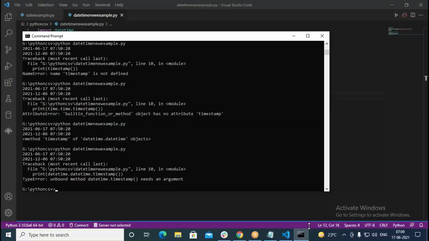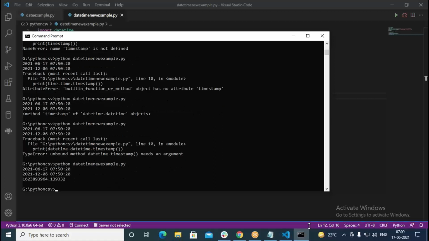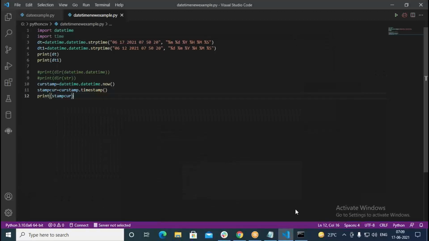So from the current date and time you can get date stamp. It is even giving you the milliseconds accuracy. You can get accuracy even in milliseconds. So it is available with the datetime object. First we created here in line number 10 a datetime object, datetime.datetime.now. This can give you current date and time. So from the current date and time, it prints for us here exactly with the milliseconds.